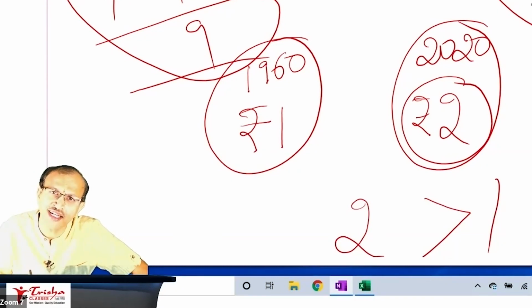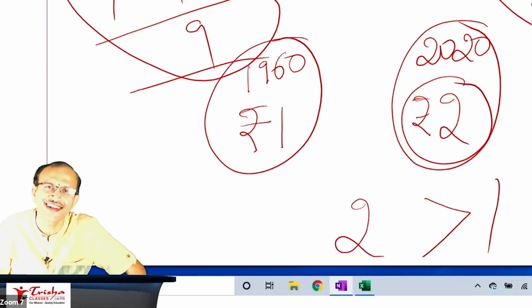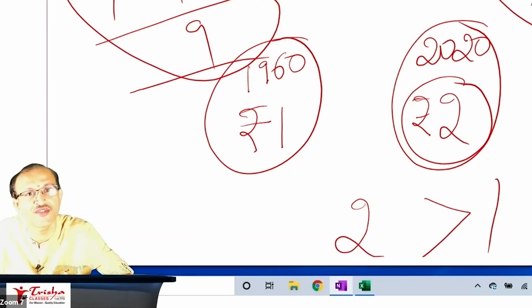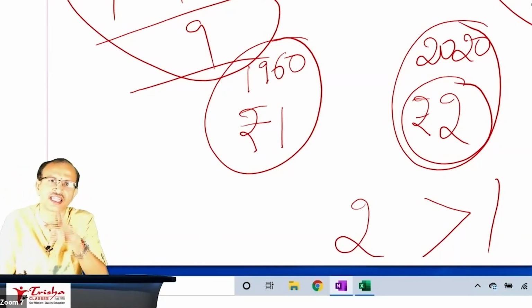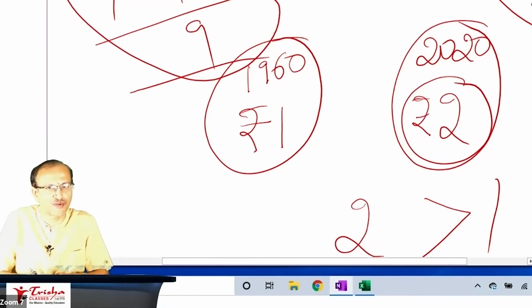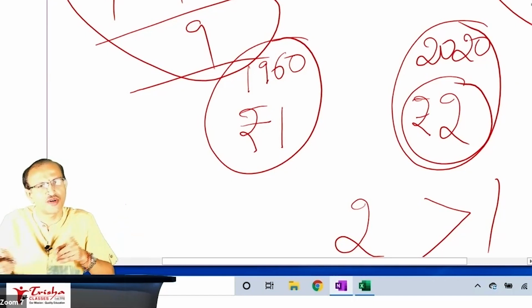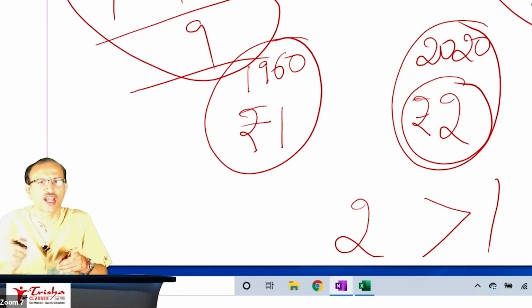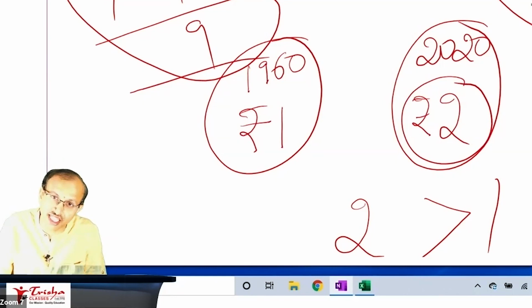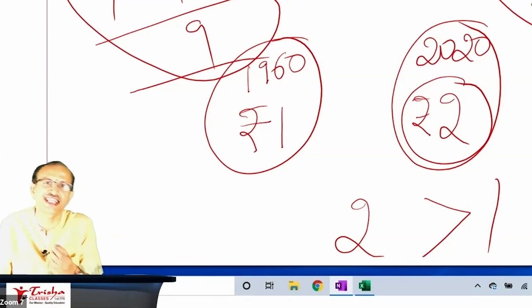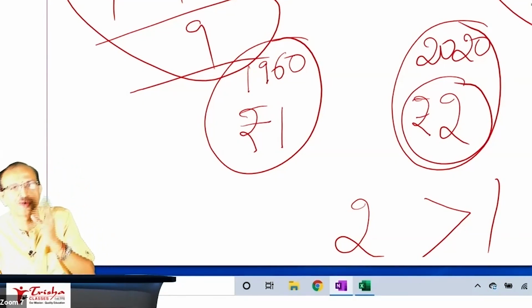No, why then? You know 2 is greater than 1. No. 2 is greater than 1 on which date? Are both 1960? Yes. Both 2020? Yes. But one is 1960, one is 2020. Then you cannot say my 2 rupees are more than my granny's 1 rupee. You can't say like this. Your granny's 1 rupee is more valuable than your 2 rupees today.